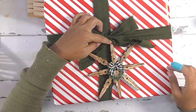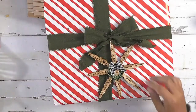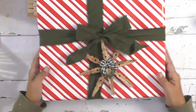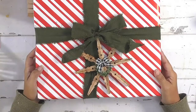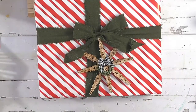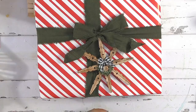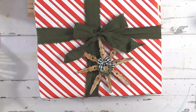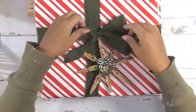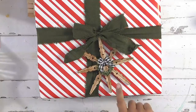But let's just bring then our star out, which I will put a little hanger on the end here. I'll glue a hanger on there and then tie this to the present. And doesn't that just look sweet and fancy, and just adds a little extra something to the present? So anyways, if you are needing ribbon and don't have any, you can always just use fabric. And it looks just as great, especially if you've got these nice ripped edges and torn edges with the rustic